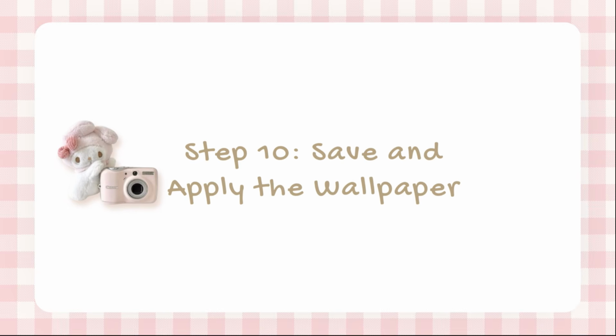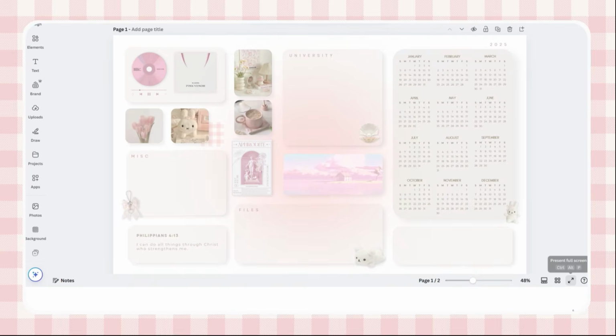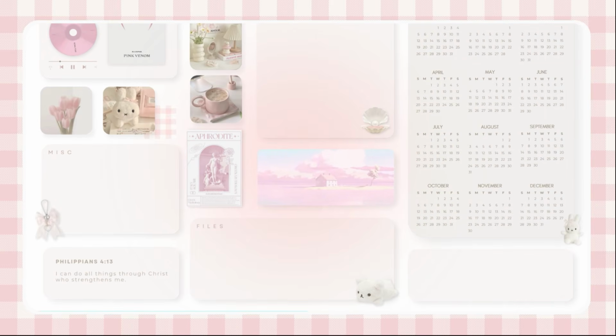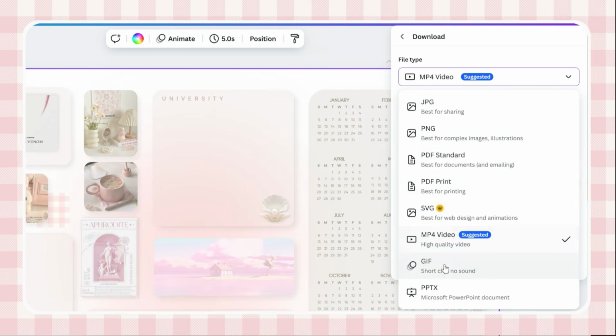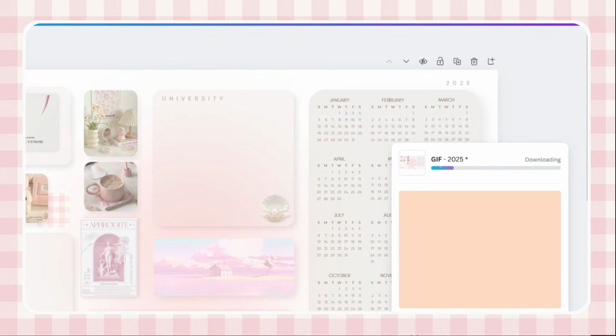Step 10. Save and apply your wallpaper. So once you're happy with the final design, preview your wallpaper to ensure all elements are properly placed and that there is enough space at the bottom for the Windows taskbar. Save it as a GIF. If you have included animated elements,